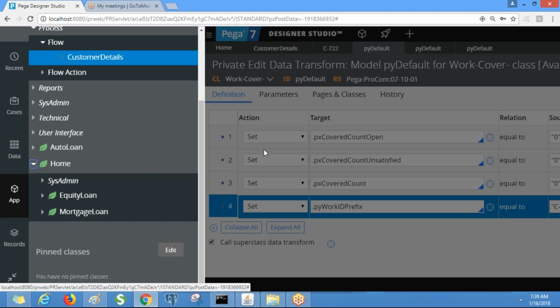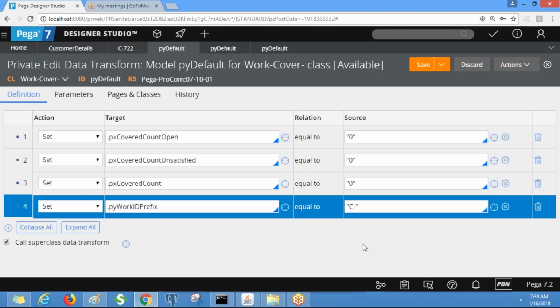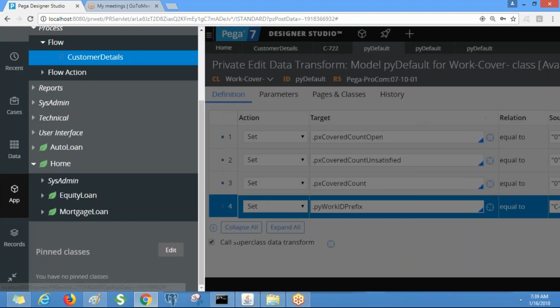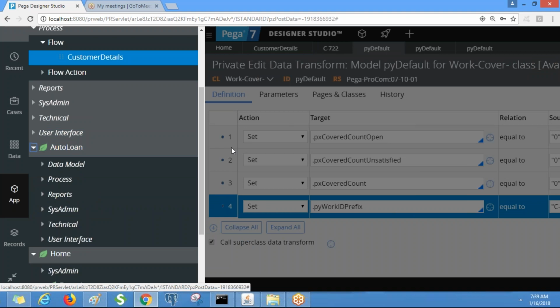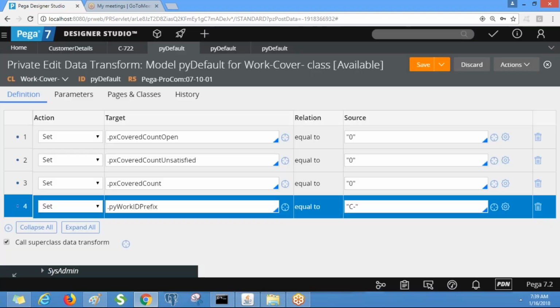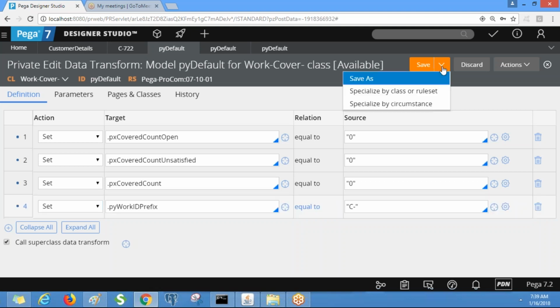In order to achieve this kind of requirement, we need to save as the pyDefault data transform rule into the respective classes. Now I am going to save as pyDefault into the auto loan class. Take any one of the pyDefault data transform rules and save as.